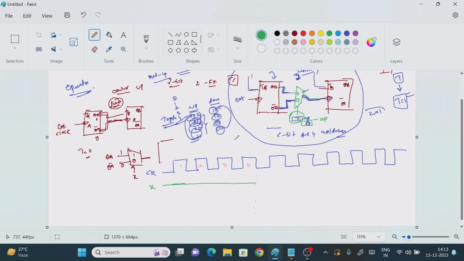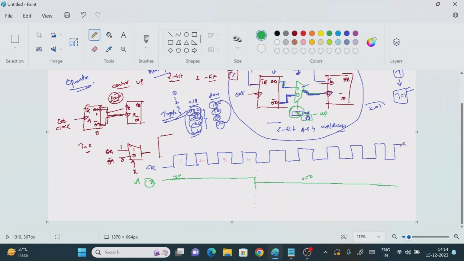Now for example, suppose at this point of the time period, I am going to take the selection line as 1, which means that the selection line value equals 1. So it means that here up count will be activated, right? With the same clock pulse, to differentiate between up counting and down counting, I am going to take 0. The meaning of this is, x equals 0 means during this time period, from here to here, it is going to perform the down counting operation, right? So one is for up counting operation, another is the down counting operation. After that, if you want to find the output, the first flip-flop will be triggered by what? The external clock pulse. It means that we need to find the output of QA as well as QA bar.